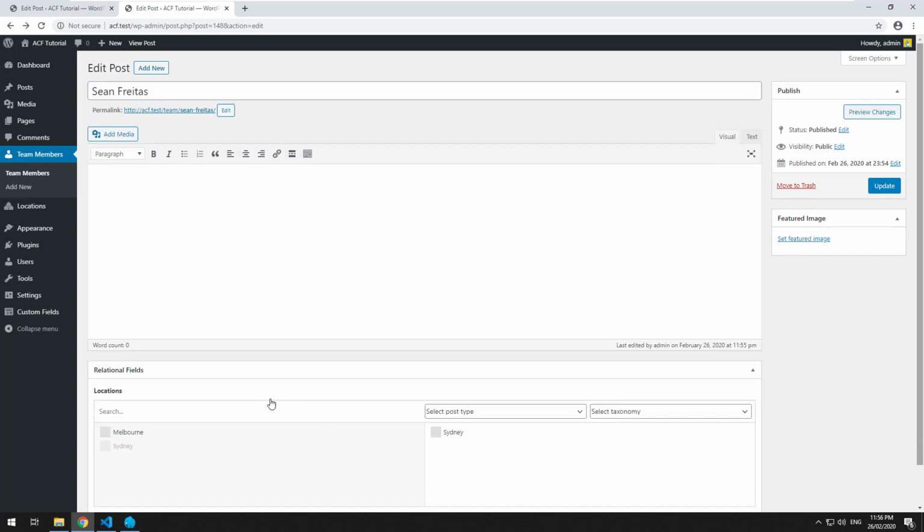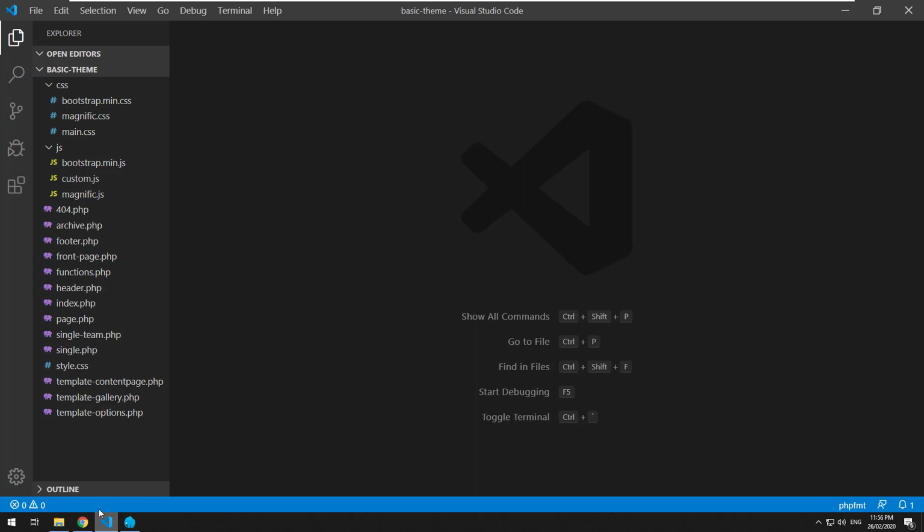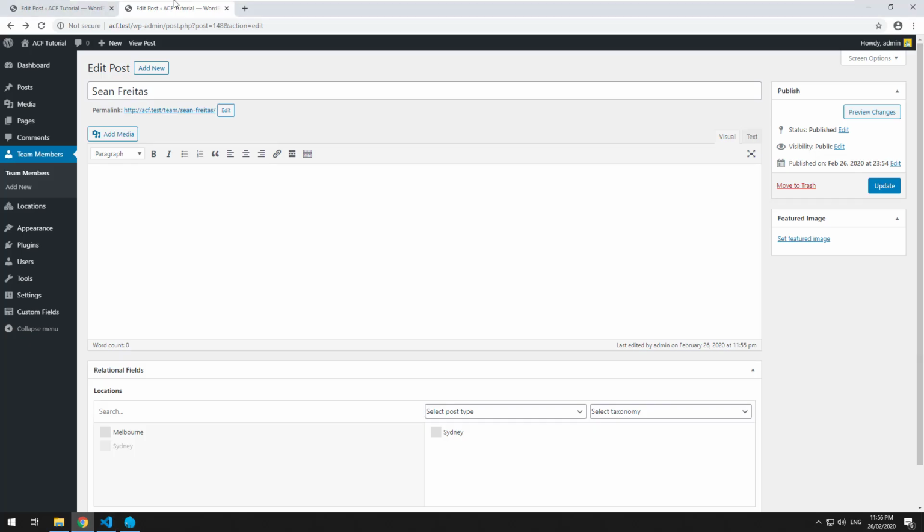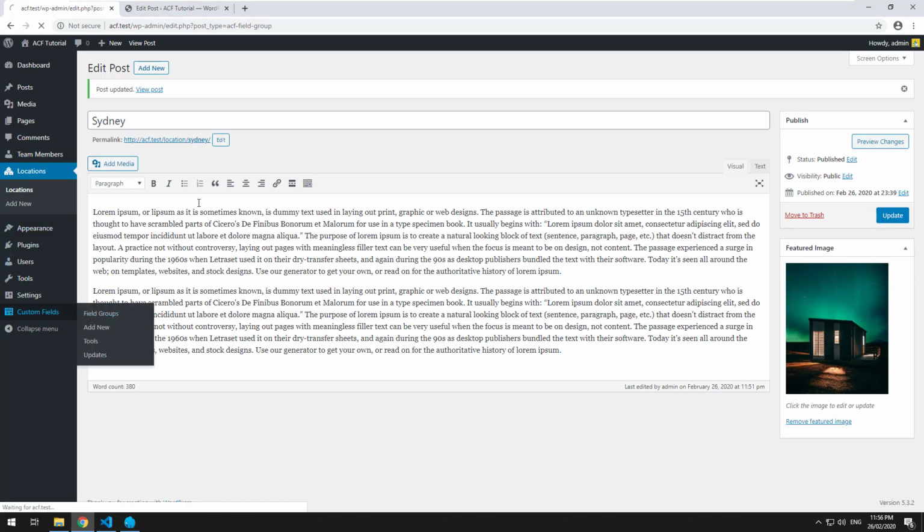So now that we have actually linked it, how do we display it on the team members page? So let's go into our theme or our coding editor, and I created a single page template for the team custom post type already. And we just need to receive the field. So the field is called